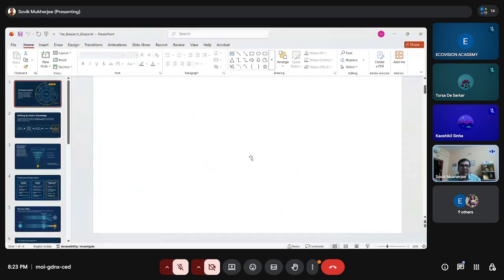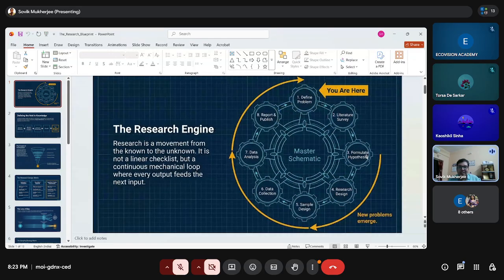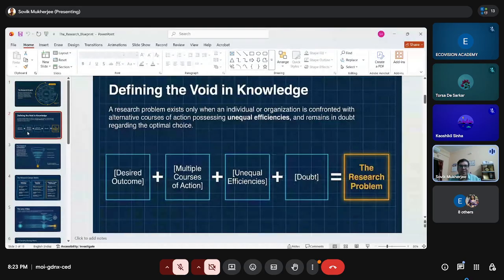So next we go to, I'll come back to this. These are each of the steps that we refer to. So you are looking for a desired outcome. You don't know what actions to choose. There is a doubt in your mind. You don't know which path to take. Multiple options you have. That is your research problem. Now the next question is, how will you have defined the research problem.